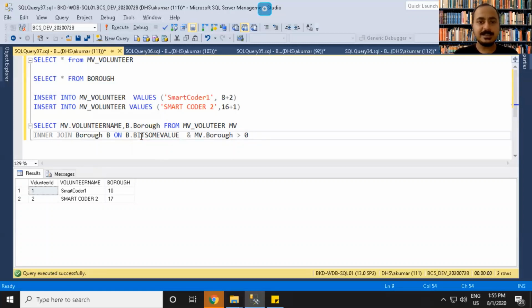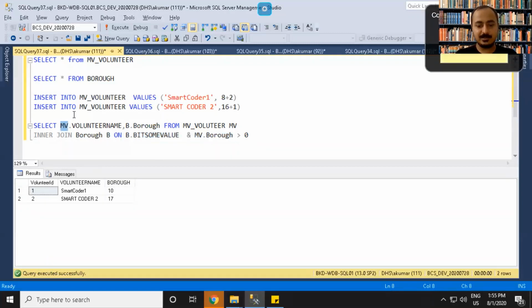All the trick is this AND operator. If we use the AND operator, it will return that particular value of borough for which the volunteer is working.